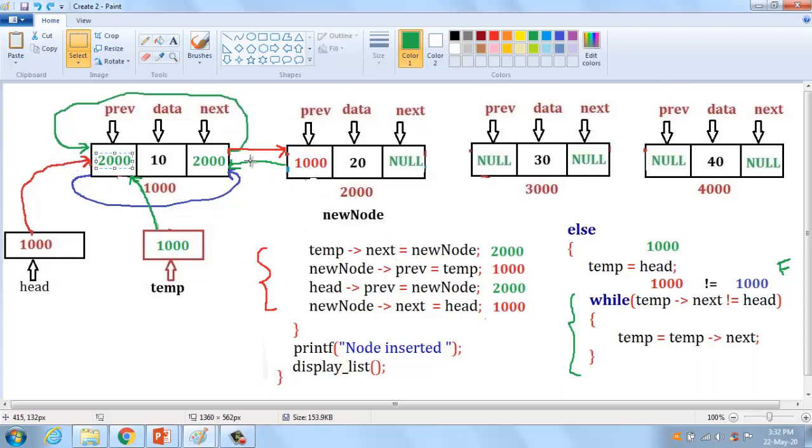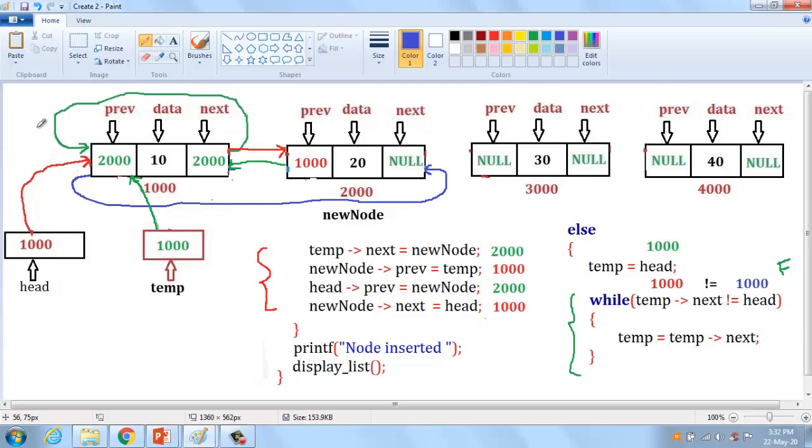If it changes means automatically this link is terminated. This link is terminated and then connected to the second node in the list. That is the last node in the list. You have to understand that 2000 is pointing to the last node address. After that, this element should be changed because this is the last node. This last node is pointing to the first node address.